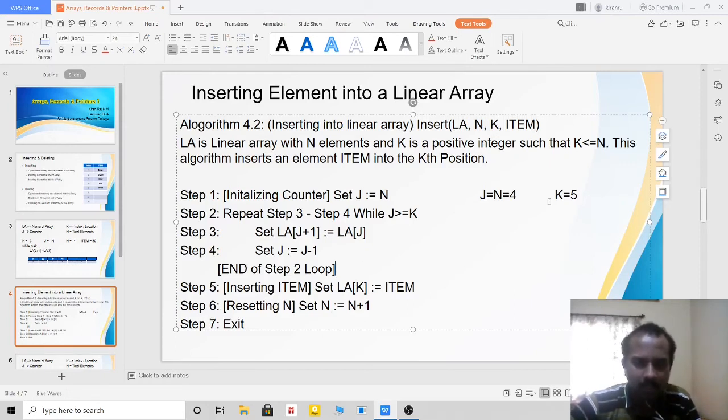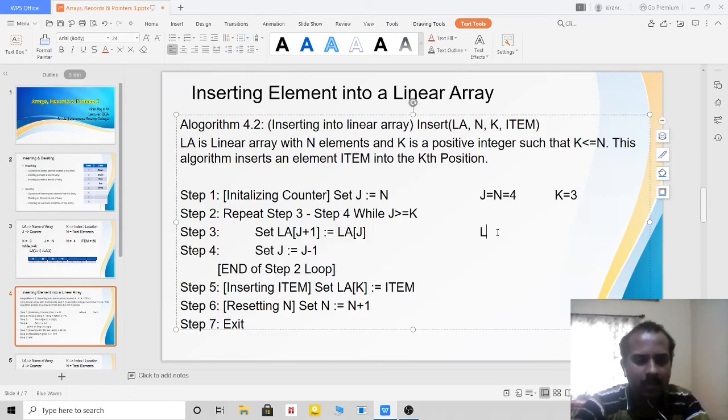Okay. Now let me consider where the k position is 3. So what I am going to do? J is equal to n is equal to 4. Now let me check the condition whether j is greater than or equal to k. Yes, j is greater than k. So what I am going to do? I am going to make LA of j plus 1 is equal to LA of j.